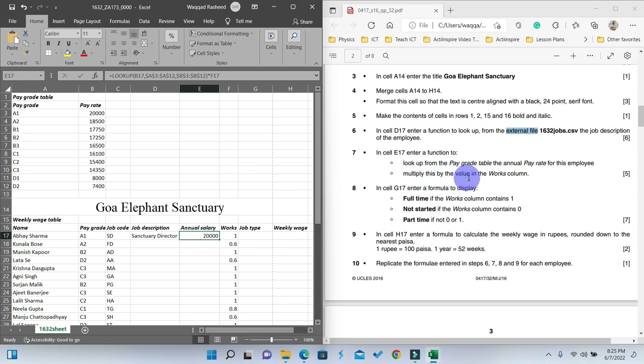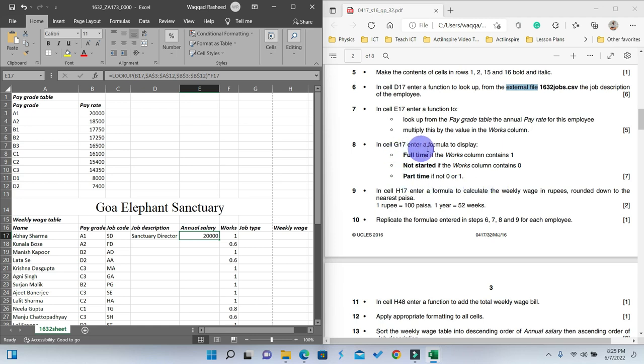Yes, multiply this by the value in the works column. So this is the value in the works column. We already have multiplied it, you can see, but we are going to keep it relative because once we replicate it downwards, it should be moving down. But these vectors should not be moving down. Although you can use vertical lookup as well, a more efficient way to do this calculation here is by using lookup. So now in cell G17, enter